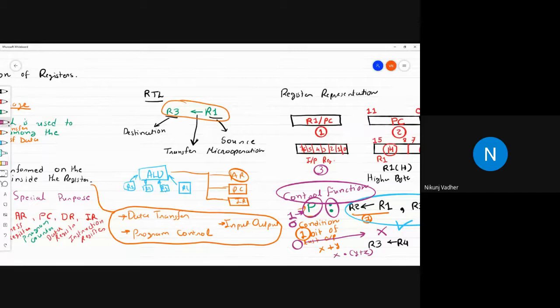Today we have discussed what is a register, what is a language, what is register transfer language, what is a micro operation, how a register can be represented, how many types of representation there are, and what is a control function.